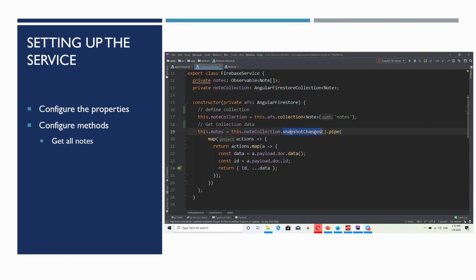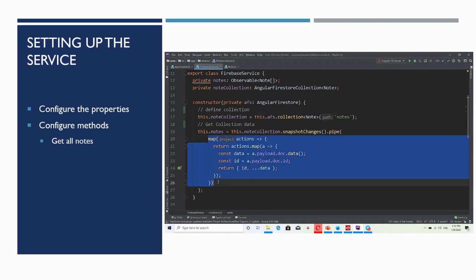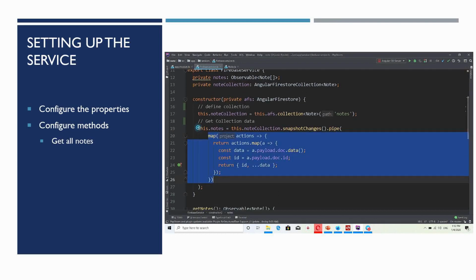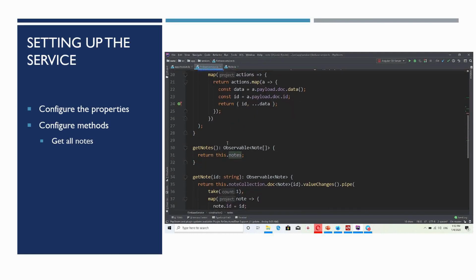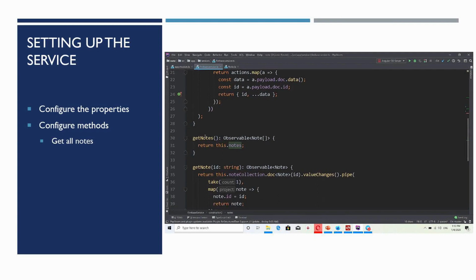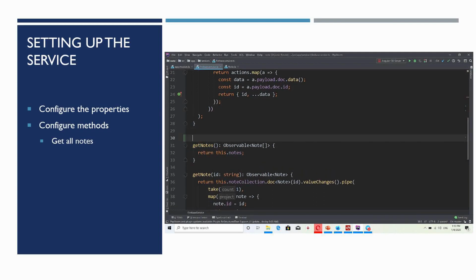I want to get the exact values in the collection, so I am just going to use snapshotChanges. It returns what collections are currently available inside my path. This is the code to retrieve all the data from my node collection. Once you have done this, next we are going to configure the methods.